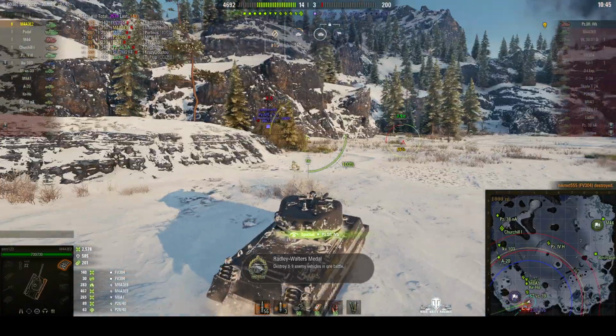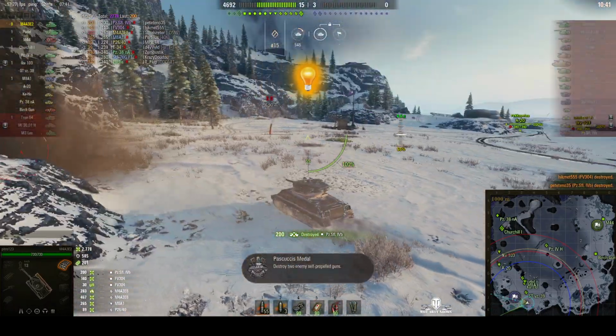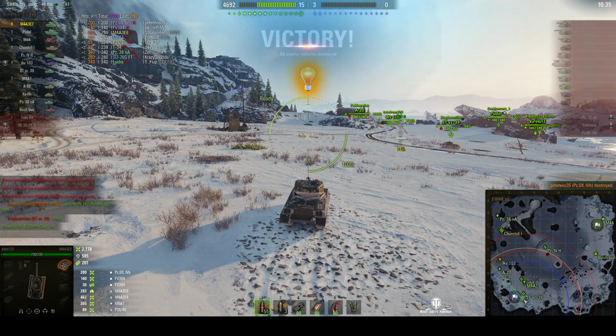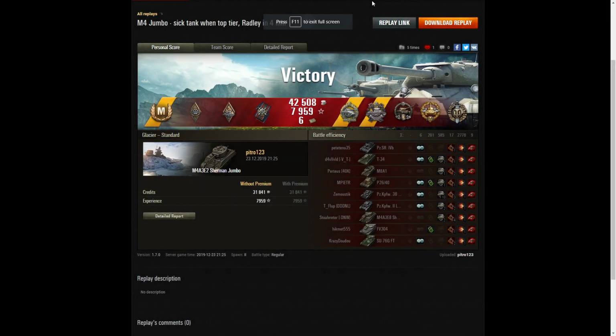One more enemy left, and here he is. It's the Grasshopper, and he goes down with 1 round, and that's a Pascucci's, and 9 kills. If only he killed that Valentine that he saw straight at the start, that would have been a chance for a Pools medal. Let's have a look at the end of battle results, and it's an ace tanker for Petro123